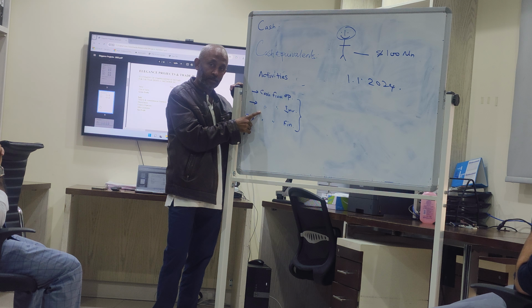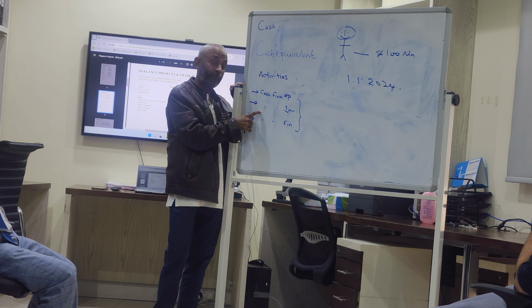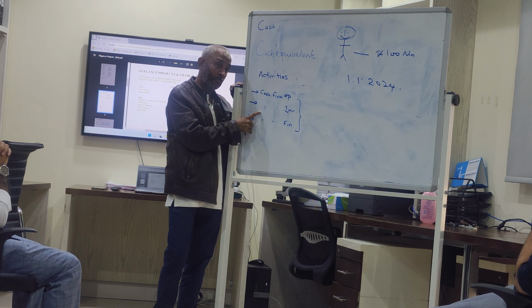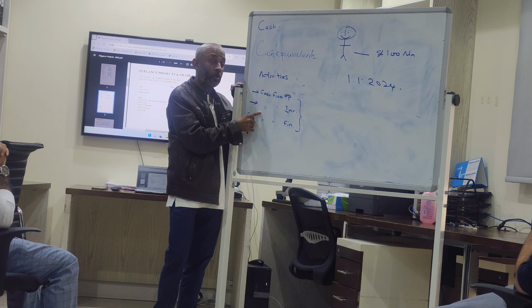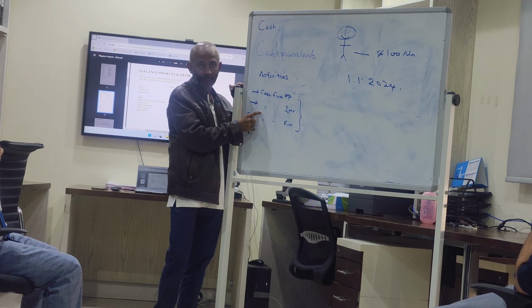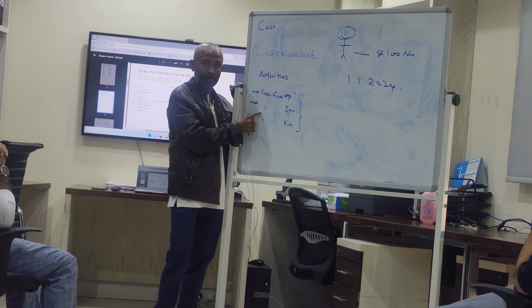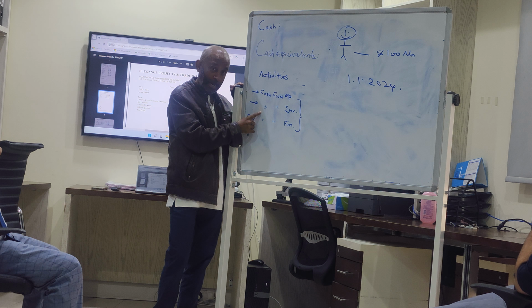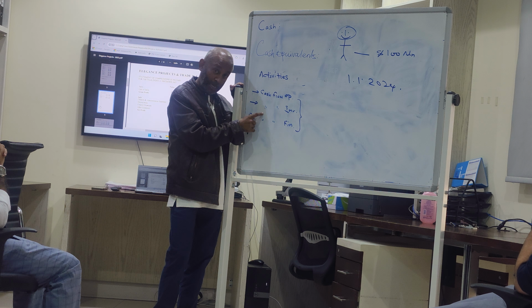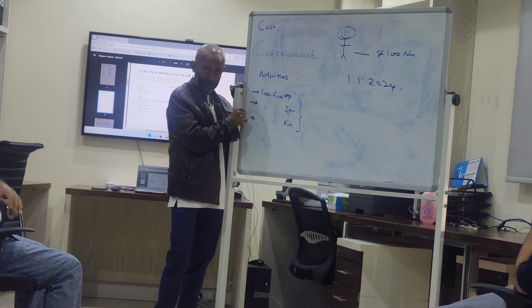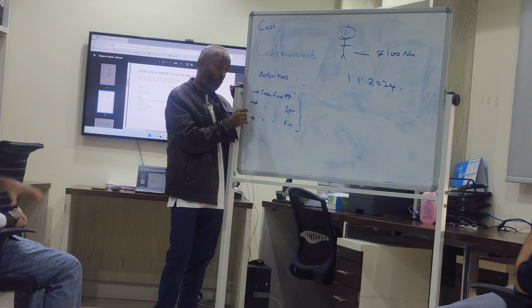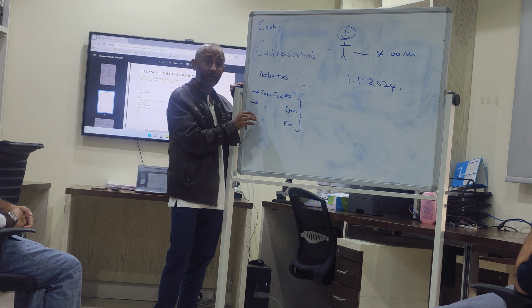Investing activity. What do you think? Purchase of fixed assets. Investment for purchasing or procuring or acquiring non-current assets. Could be a fixed asset, could be an intangible asset, could be anything. Sale of fixed assets, exactly. Proceeds from the sale of fixed assets, or payment for disposal of any.